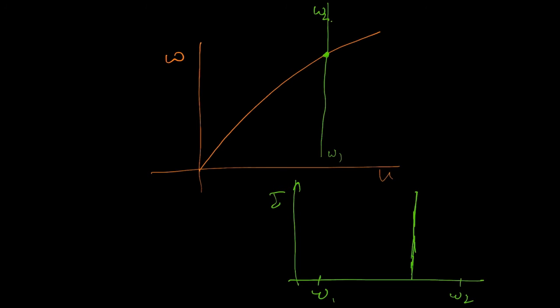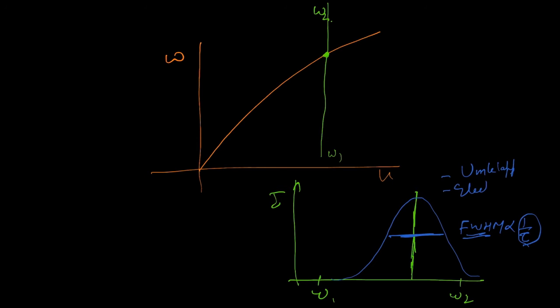But in reality, this would have some kind of a distribution, and this half width, the full width at half maxima, would be inversely proportional to this lifetime tau. This tau, or full width half maxima, is coming exactly because of higher order terms. In the harmonic approximation it was absent, but if we include higher order terms, this finite width would come. So the three phonon scattering, the Umklapp processes, would give rise to this width, or electron phonon coupling, where the phonon scatters with the electrons, or scattering with impurities, or even the boundary would give rise to this finite width.